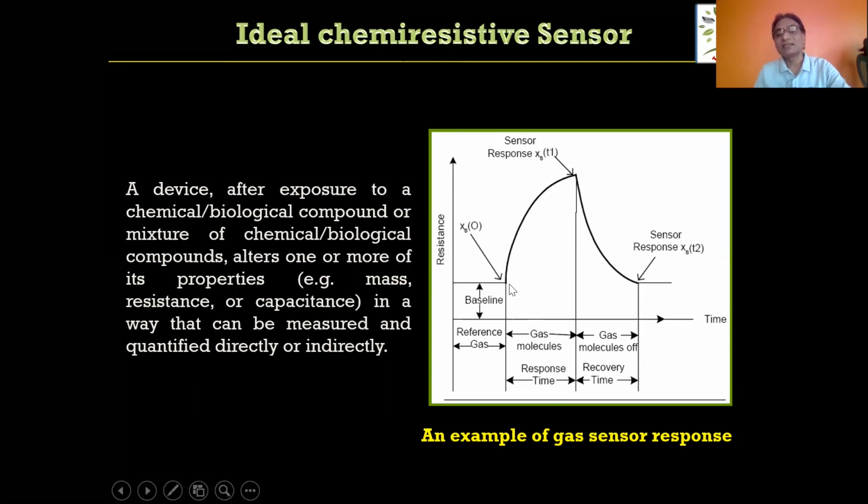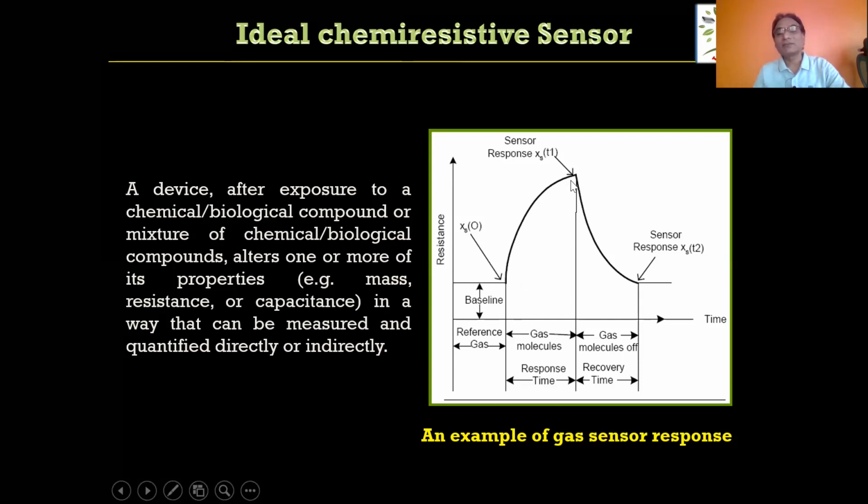Now see what we did from here. We exposed our material to the desired gas analyte at this particular point of time. Right from this point, once we expose the material to the gas analyte, later on it is going to be saturated. The time required to saturate your material once you start exposing it to that concentration of gas analyte is nothing but the response time.